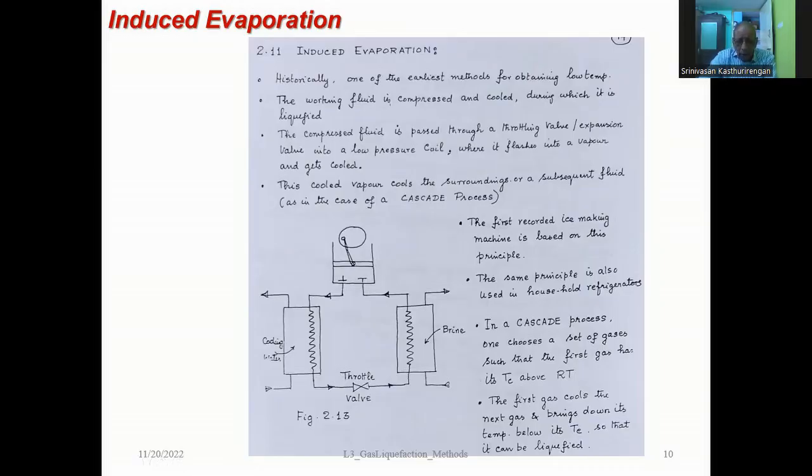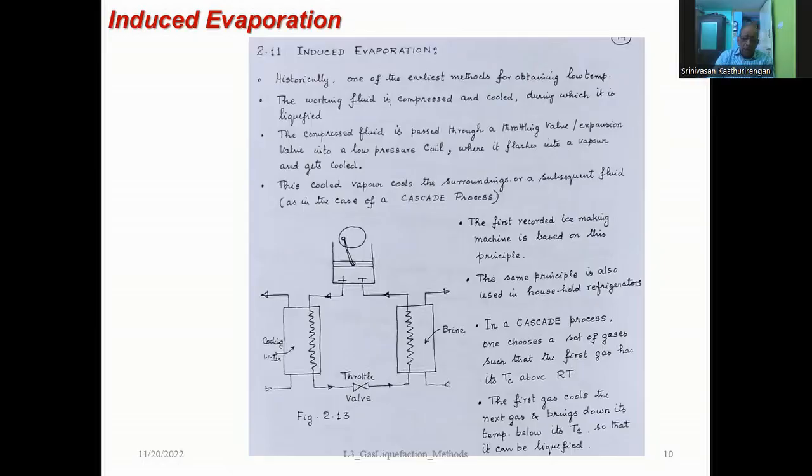Okay. Now, in the case of a cascade process, one normally takes a set of gases. The first gas should be such that it is cooled directly by compression alone. It is cooled and then becomes liquid by compression alone. Now, this gas is rapidly evaporated, such that it cools further down below its normal boiling point,